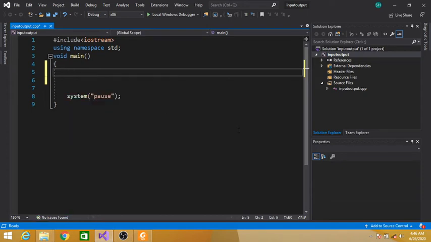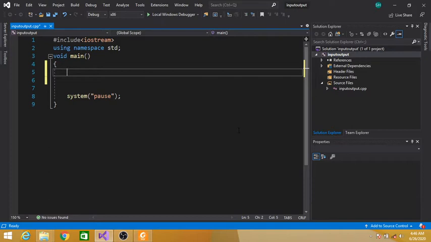Today we are going to study a little bit more about the switch control structure. So let's take another example for better understanding of the switch statement. Let's suppose we are asked to write a program that inputs a character from the user and displays whether the character entered by the user is a vowel or not.